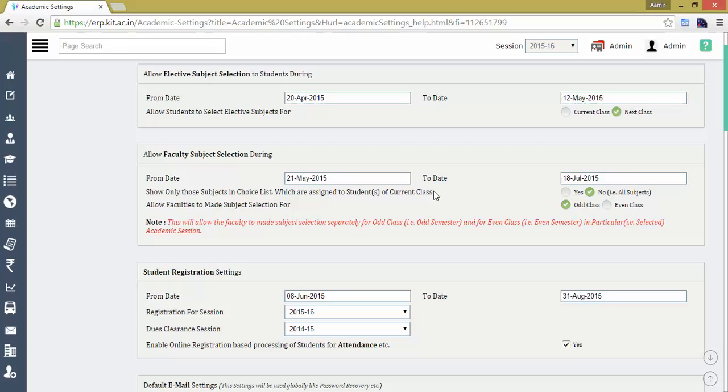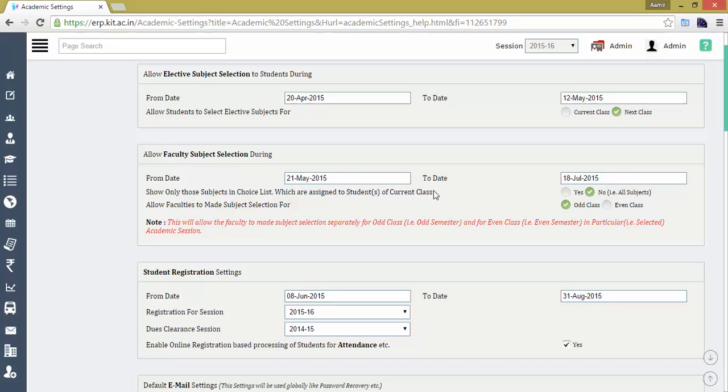Suppose you have thousands of subjects available, but currently you are going to teach hardly 200 subjects. So instead of giving the faculty thousands of subjects to select their choices from, he or she can choose only those subjects which are going to be taught to the students for the current class.